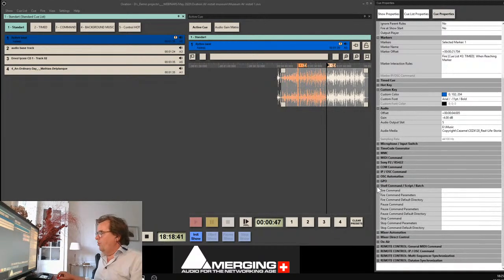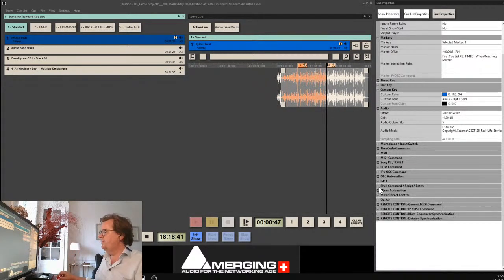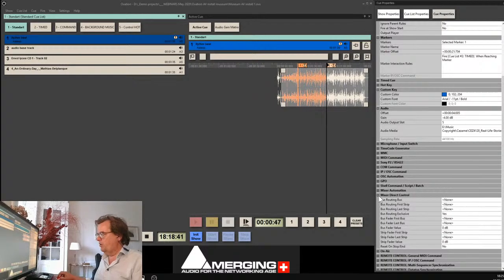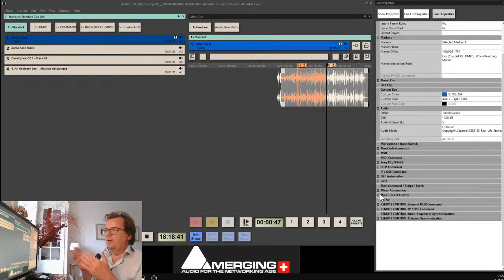And below, I have a shell command and a script. This is then interesting. I have some codes, for example, to shut down the computer at a certain time, or to restart the computer at a certain time. This is my shell command where I can create rules about this. Then I have my mixer automation, obviously automating entirely my mixer direct control also, where I can apply different things